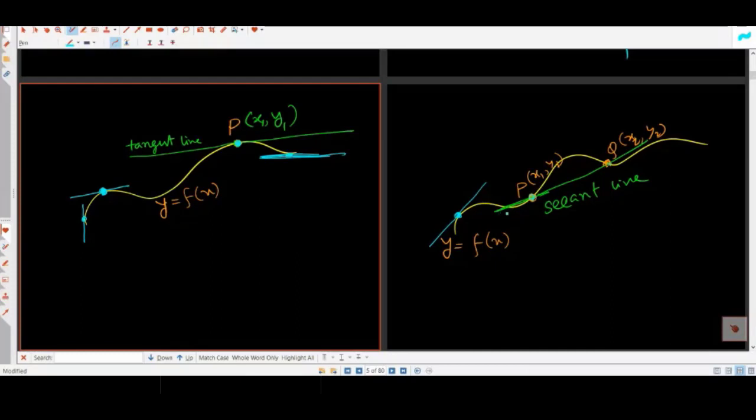Because the definition of derivative deals with secant line and tangent line. So we'll not go into the details of the definition of derivative, but for now, we are just trying to understand what is tangent line and what is secant line. So let's say